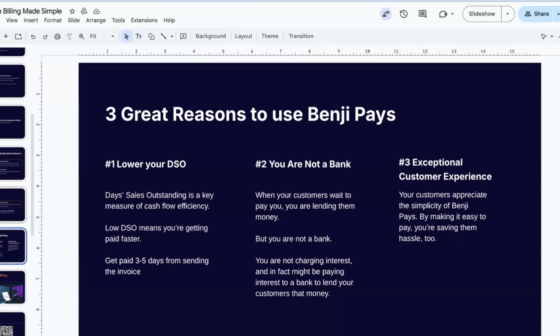And so that means that they're actually operating as a bank, right? They've got 30 to 60 days of outstanding cash, money that they've actually earned, sitting in their customers' bank accounts. This might ring close to home for some of you, but in the meantime, you're basically lending that money at 0% interest. So you're a bank, but you're not a great bank because you're not making any money on the lending, and you're probably not charging any late fees or anything like that. So don't be a bank. None of us got into business to be a bank.